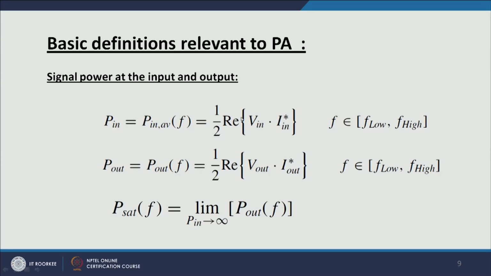In the data sheets you will be provided RMS values. In that case we do not need this half value, we can simply multiply them, because it will become V upon root 2 into I upon root 2, and V upon root 2 is the RMS value, so you can directly use that value. Now when we are writing that frequency is in the range of F low to F